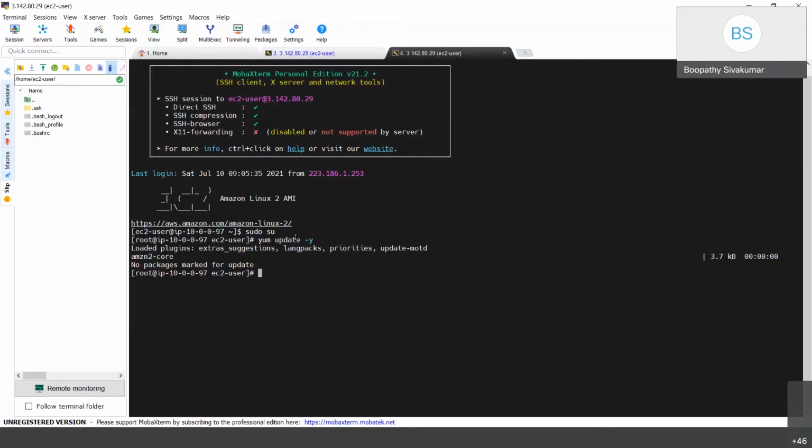Now we are planning to install an Apache web server. With a Red Hat system, the Apache server installation is yum install httpd -y.